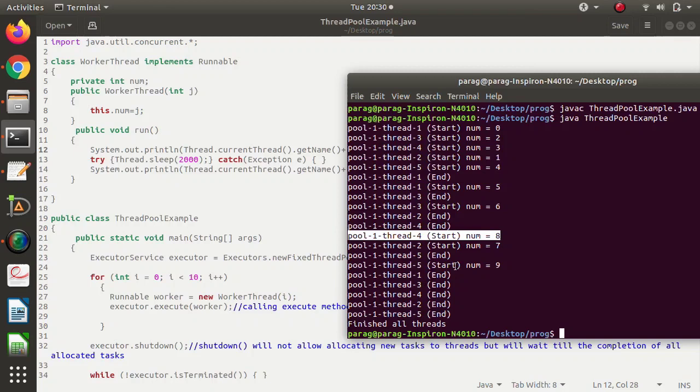Again, in the same way, whatever threads are freed, we allocate new tasks to those threads. There are 10 tasks in total, printing num is equal to 0 up to num is equal to 9, and those are done by the 5 threads. Whichever thread is freed first is allocated another task. In this way the thread pool works.